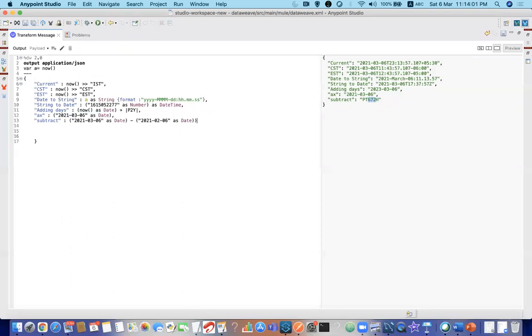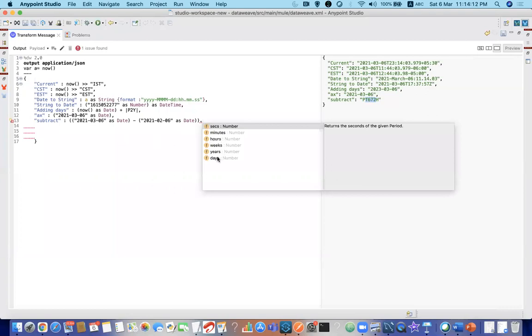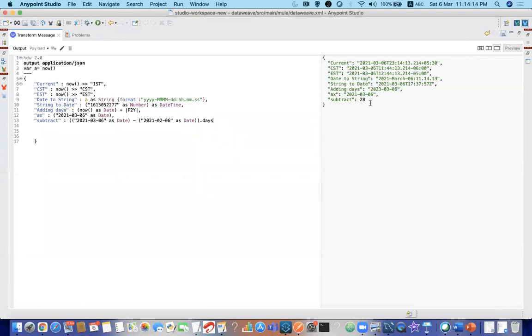What you can do is, you can wrap this whole thing. The result of this subtraction will always be a period of time. For that, what you can do is click on dot days. That will give 28 days, the difference between 2 dates. So if you are directly doing this subtraction between 2 dates, it will give a period of time, always in hours.